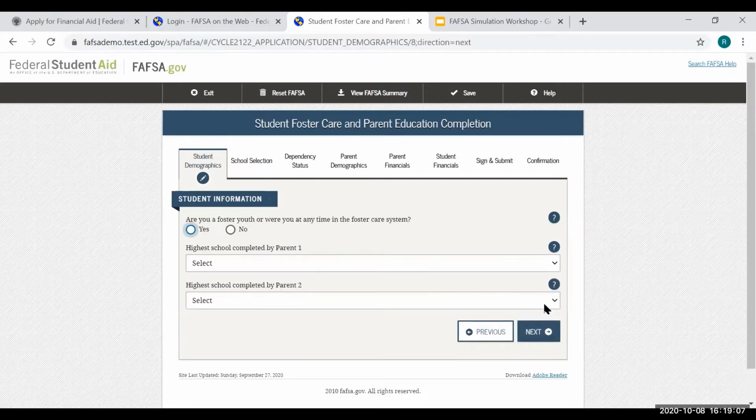next. The student will then have to report whether they are a foster youth or were at any time in the foster care system. In our example, the student will answer no to this question. The student will then need to provide education completion level for each parent, parent 1 and parent 2. For our purposes, the student will